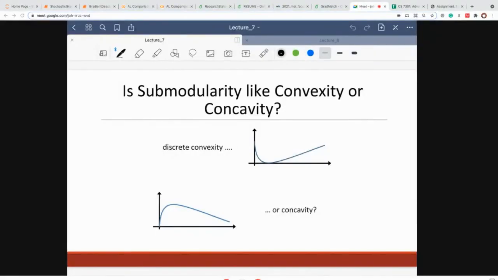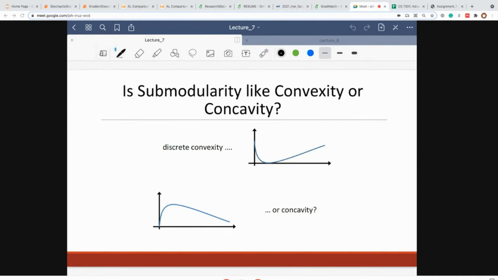Okay. So we will continue with where we left off last time. This is still a continuation of lecture 7, but we'll finish off today some of the properties of submodular functions, and we'll then talk about the submodular information measures, and we'll connect information theory and submodularity. So this will be the second part of today.